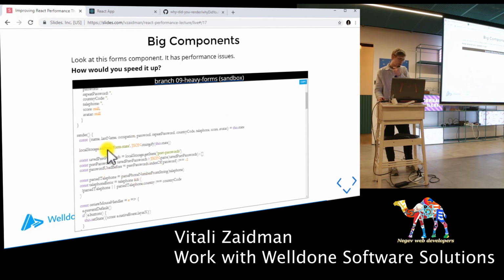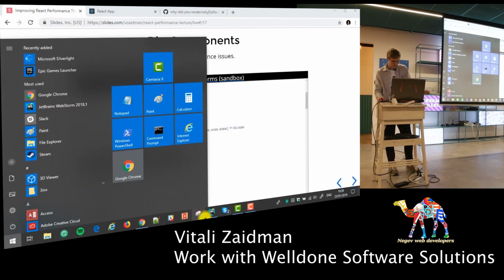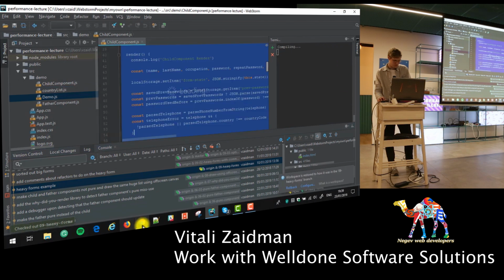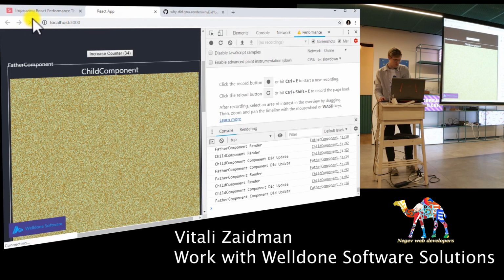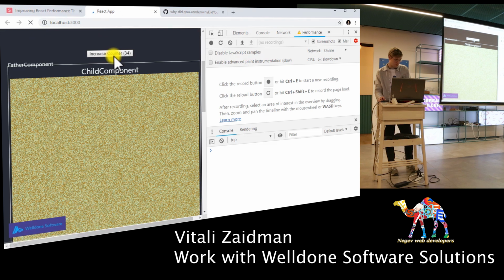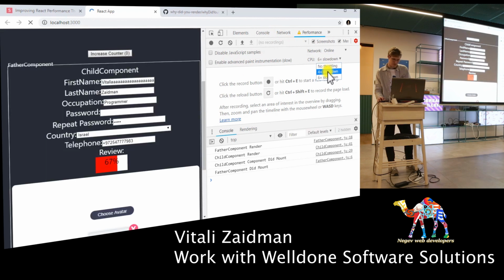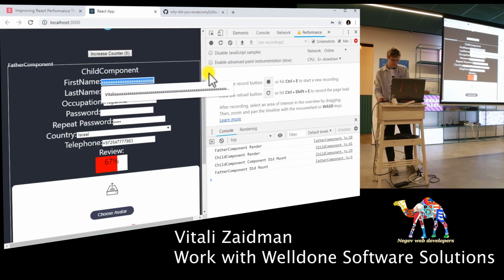And another thing is that when we get to render, it starts with putting something on the local storage, then it calculates something regarding passwords. Oh, I didn't even show you the program itself. So I'll show you the program. Yeah, it's a completely different program. Let's keep it at 6. Okay, so